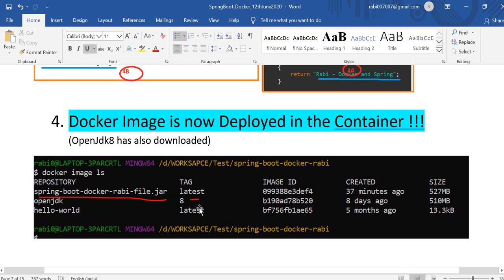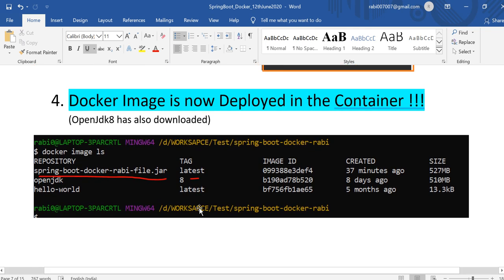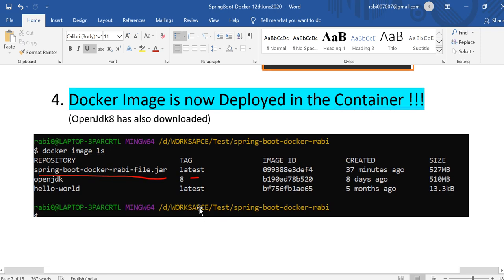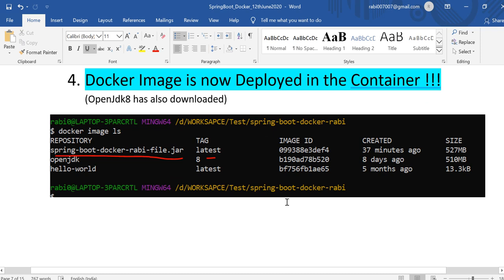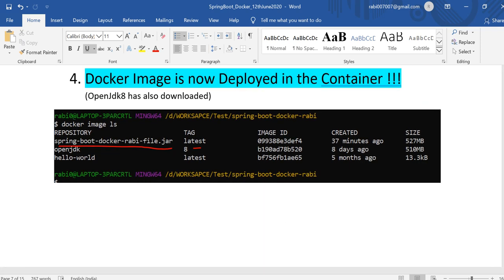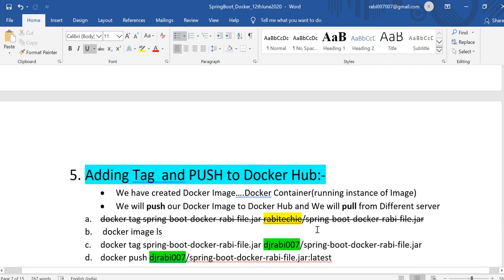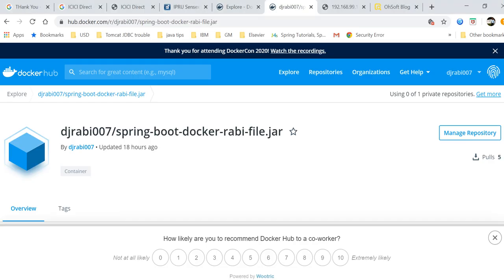You need to push that image to the docker hub, right? How will the docker hub recognize it? So before pushing it, you need to add the tag or create the repository according to the user login ID, right? My login ID here is DJW007. I can't create any tag otherwise, right?